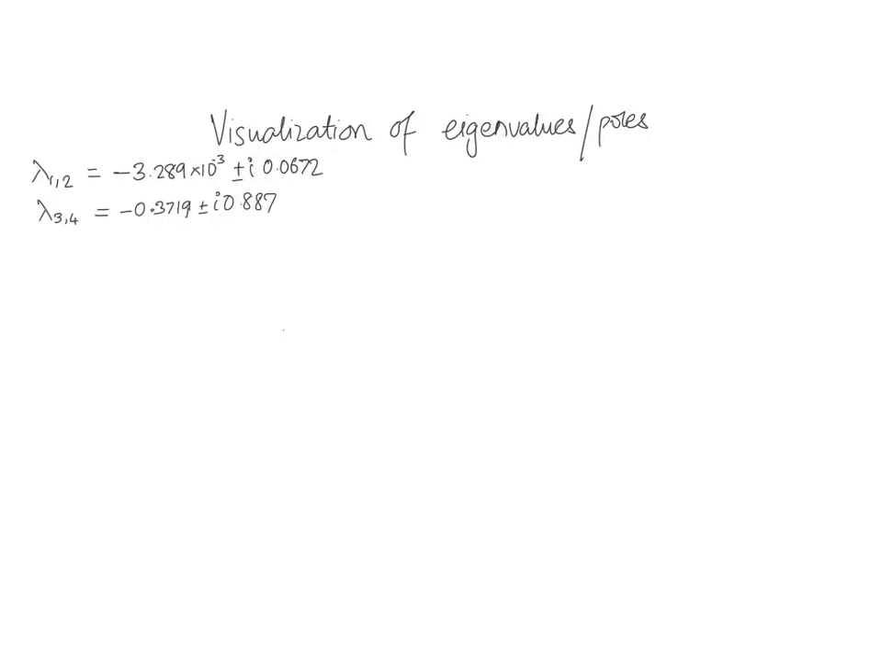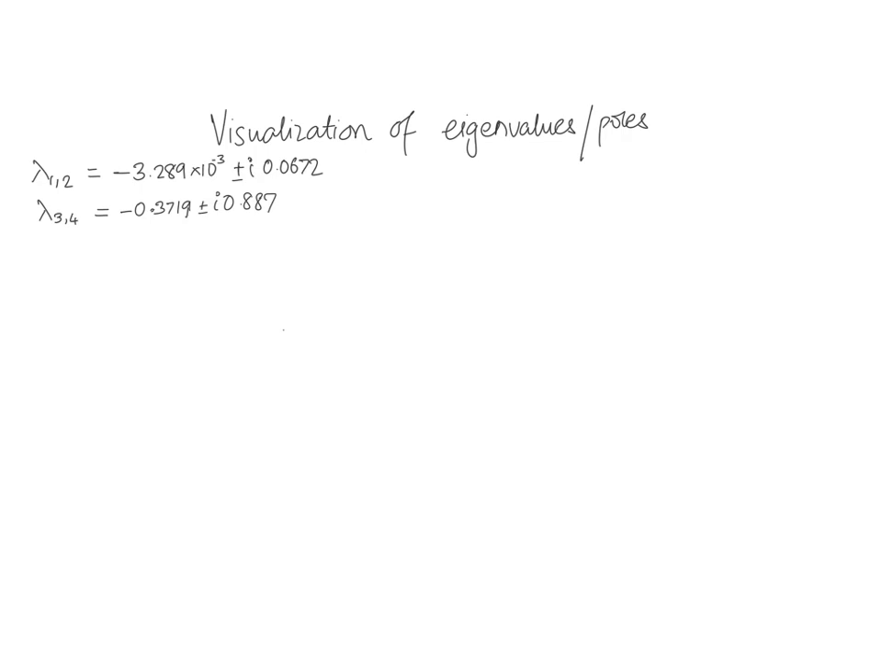In this video, I'll talk a little bit about visualizing the eigenvalues or poles, as they're called, of second order or higher order systems. And we'll talk about why this is important and how this visualization can be used for design. So let's continue from where we left off at the end of the class